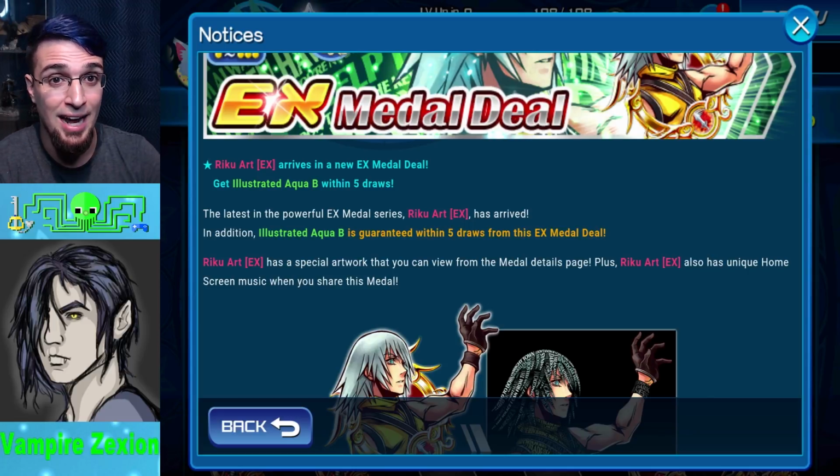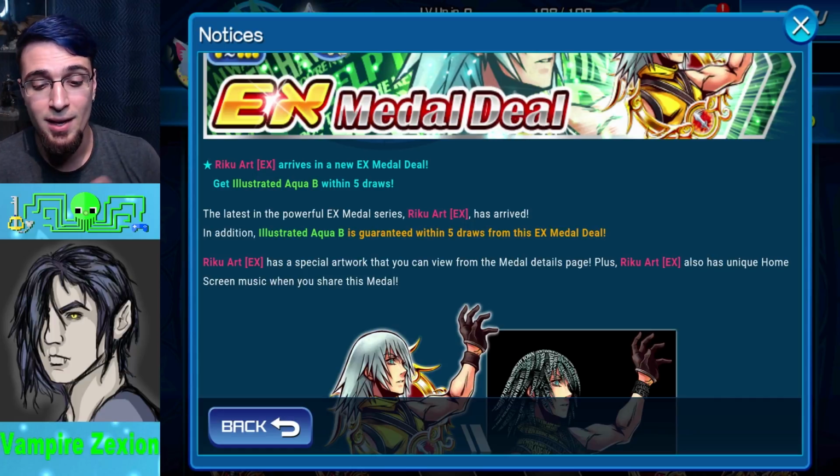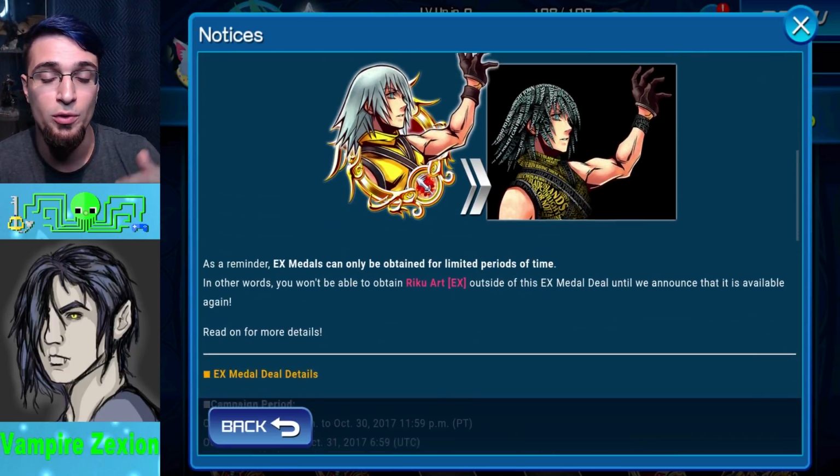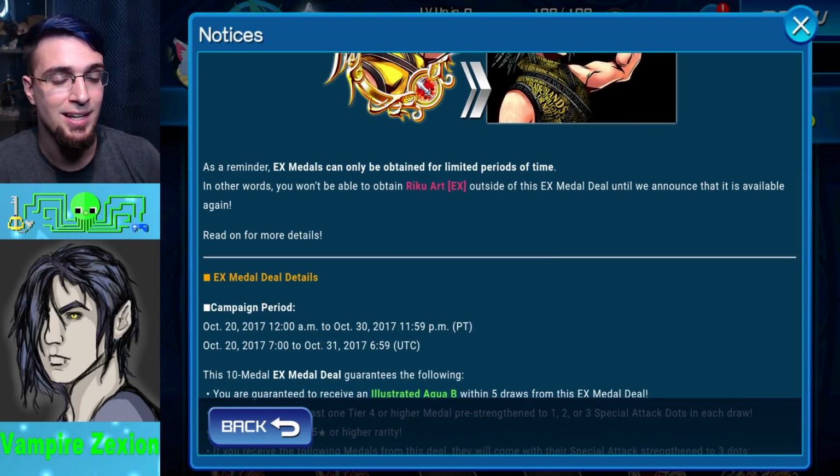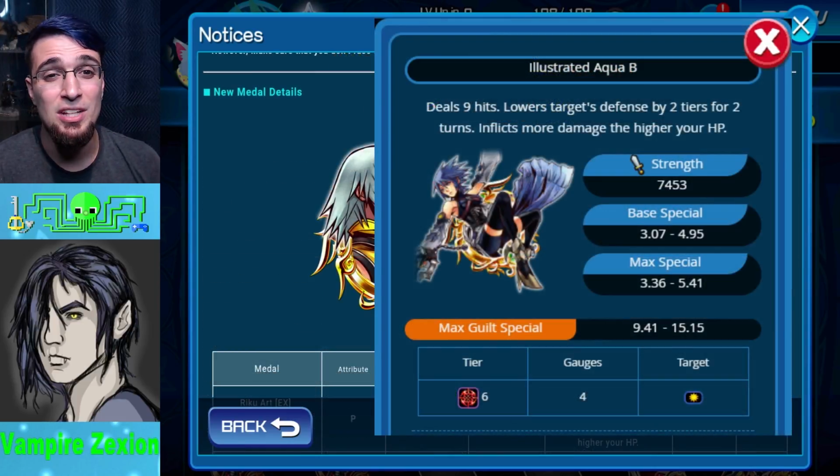But once you got that out of the way, let's talk about the medals themselves and how good they are. Again, there's lots of people out there who will go for the chase, who do want to try for this, and I want to talk about how good it is. So Illustrated Aqua B deals 9 hits, lowers target's defense by 2 tiers for 2 turns, and inflicts more damage